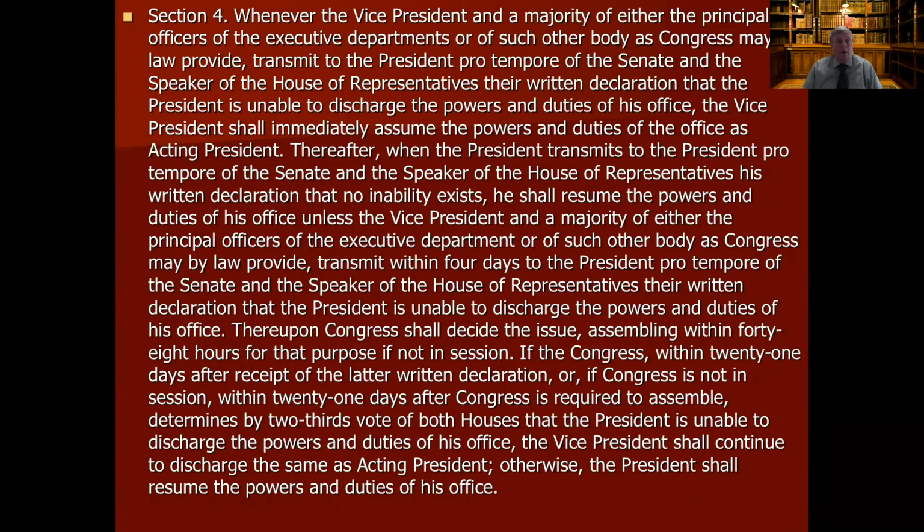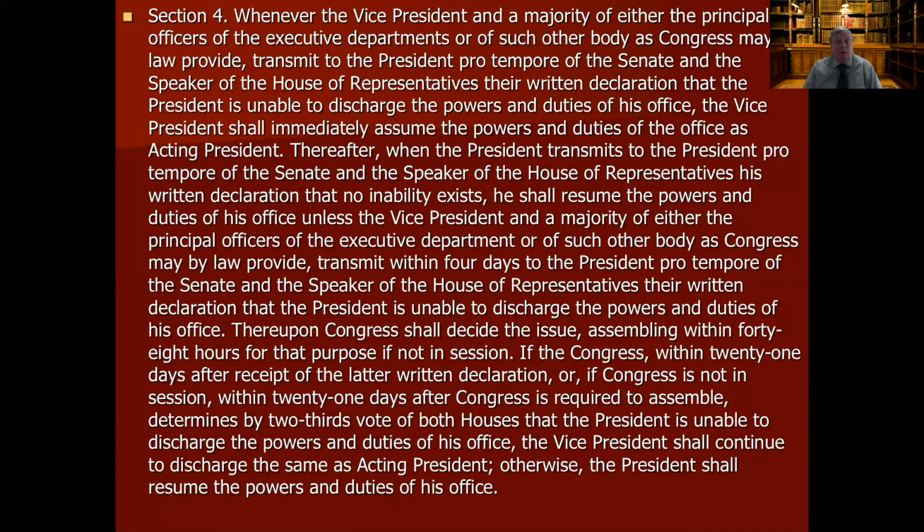Thereafter, when the President transmits to the pro tem of the Senate and the Speaker of the House of Representatives his written declaration that no inability exists, he shall resume the powers and duties of his office unless the Vice President and a majority of either the principal officers of the executive department or of such other body as Congress may by law provide, transmit within 4 days to the President pro tem of the Senate and Speaker of